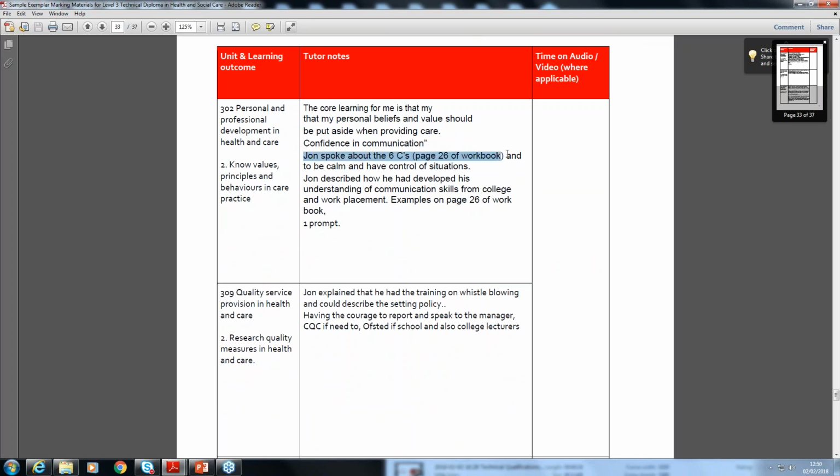So people uploaded the workbooks and would guide us to where it had shown in the workbook what the learner had talked about, in this instance, the 6 C's. So it's important that it is linked to their work practice, and I can't say enough how that did impact on marks for many of the learners, that the professional discussion was conducted well and in detail, and they had completed those reflections.